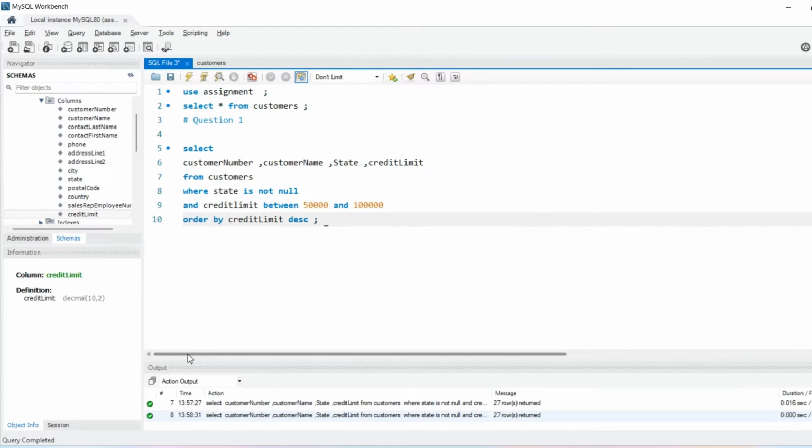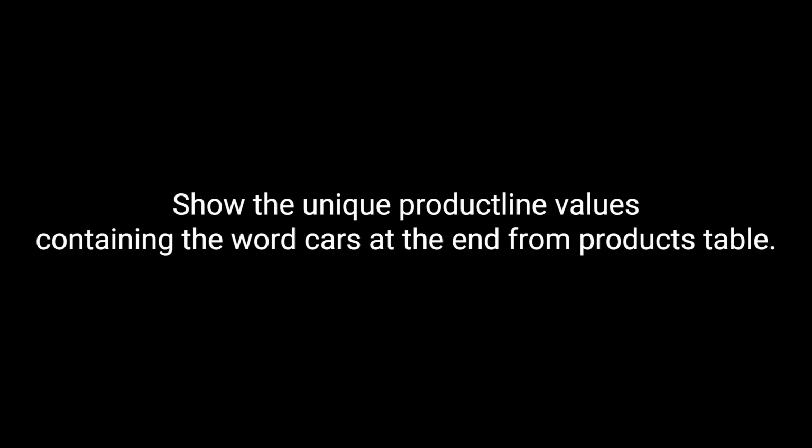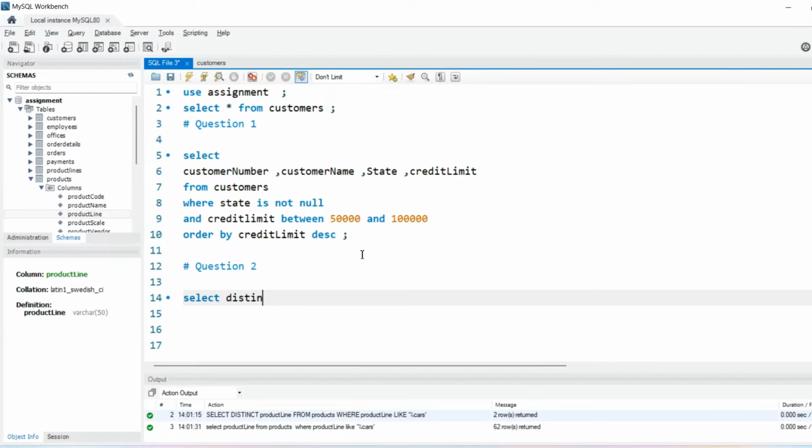Okay, so let's move on to the second question, which is going to be our question number 2. And what was the second question? Let me check. So: the unique product line values containing the word cars at the end, from the products table. Okay, select, then I'm going to use a distinct value over here. Then I will write product line. Oh, sorry, product line or lines? Yeah, it was productline. Okay, product line, from which table are we going to select? From the products table, where